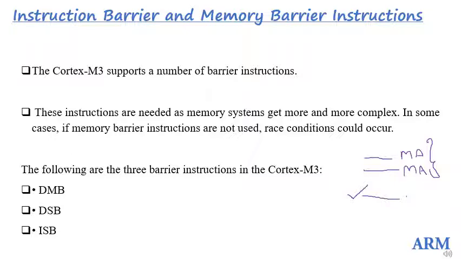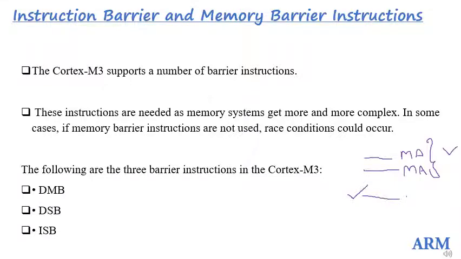So by chance the previous two memory instructions are buffered and take a few clock cycles to execute, and before they have finished execution, if the third instruction starts execution and tries to access that memory location, then it would be getting a wrong value, and it would account for an invalid memory access. So in that case, it is to be ensured that the first two instructions are executed and then only the processor should go for the execution of the third instruction.